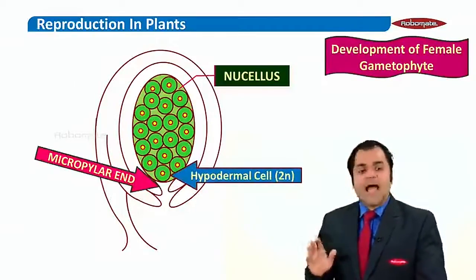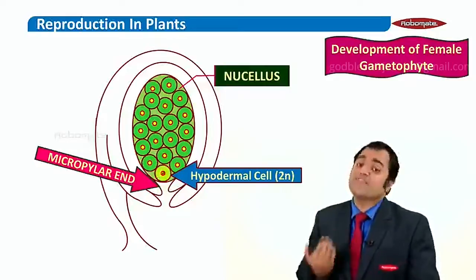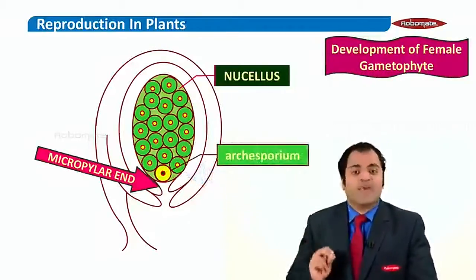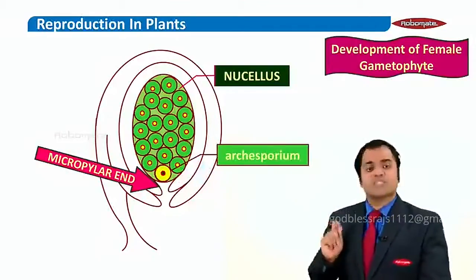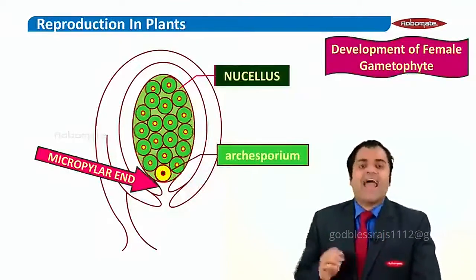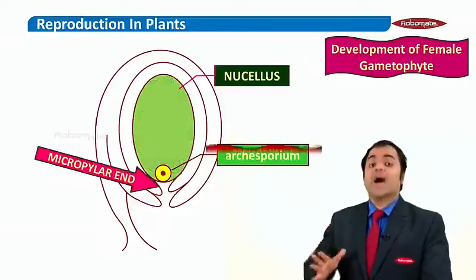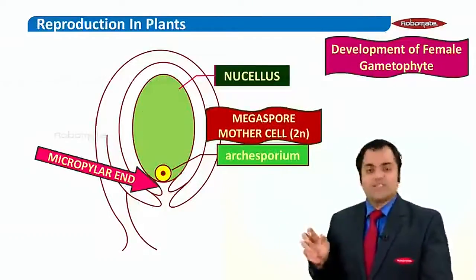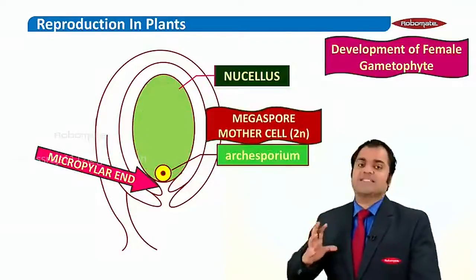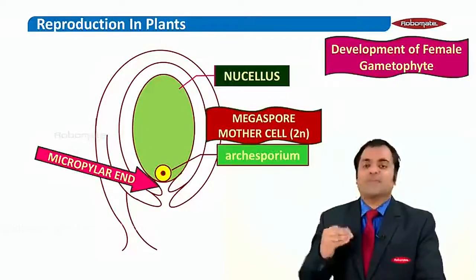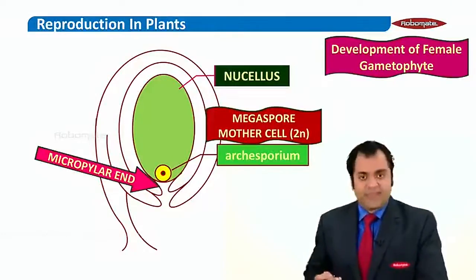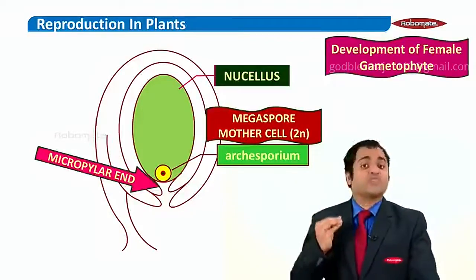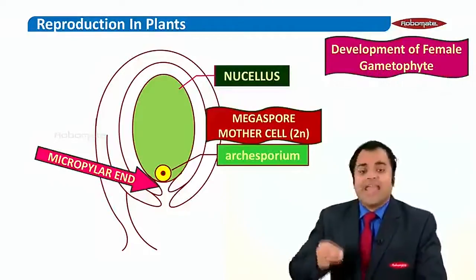Now this hypodermal cell gets differentiated into a cell which is called the archisporium. Now this archisporium will directly act as the megaspore mother cell. Now what I just did was I removed the other cells to make you understand how the female gametophyte will really develop. Now, if that's the megaspore mother cell and it has to develop the female gametophyte, it has to